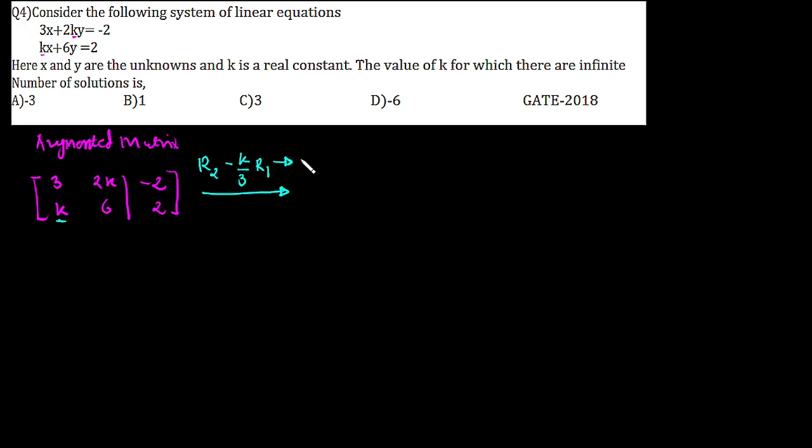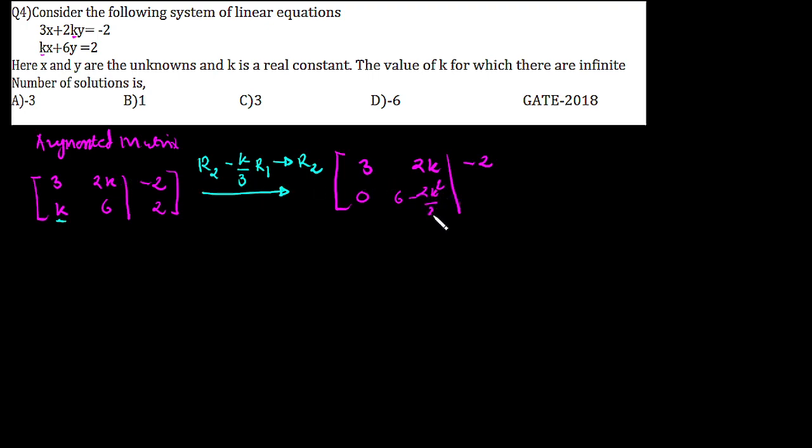It will bring me new R2. So now after that, what we are getting, let's write it here. The first row will remain as it is, 3, 2k and minus k. Here the entry will be 0 because this factor will be multiplied with this minus k by 3, and now here 6 minus,